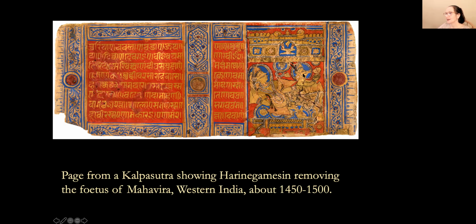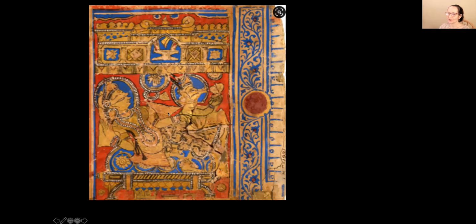And the head of Harinegameshin is of a goat, reminding us of these wonderful hybrid anthropomorphic figures coming out of the Vedic tradition. He has the head of a goat, and he is going to deposit it into a lower caste, one below Brahmanism, which is, try to remember, the warrior class, the Kshatriya. And that scene follows, but not without a detail of this scene.